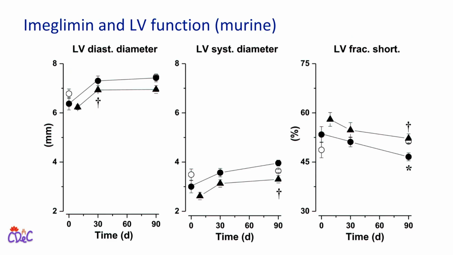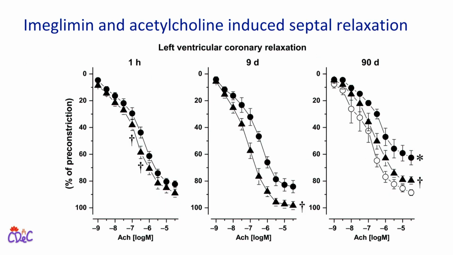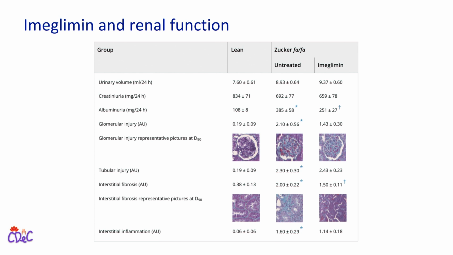Heart, there is some data on the heart, mostly murine. We will not get a CVOT. This drug has no father, mother, multinational. There will be no CVOT. But it seems to improve HFpEF in a mice model, right? And improves acetylcholine-induced septal relaxation. Seems to improve